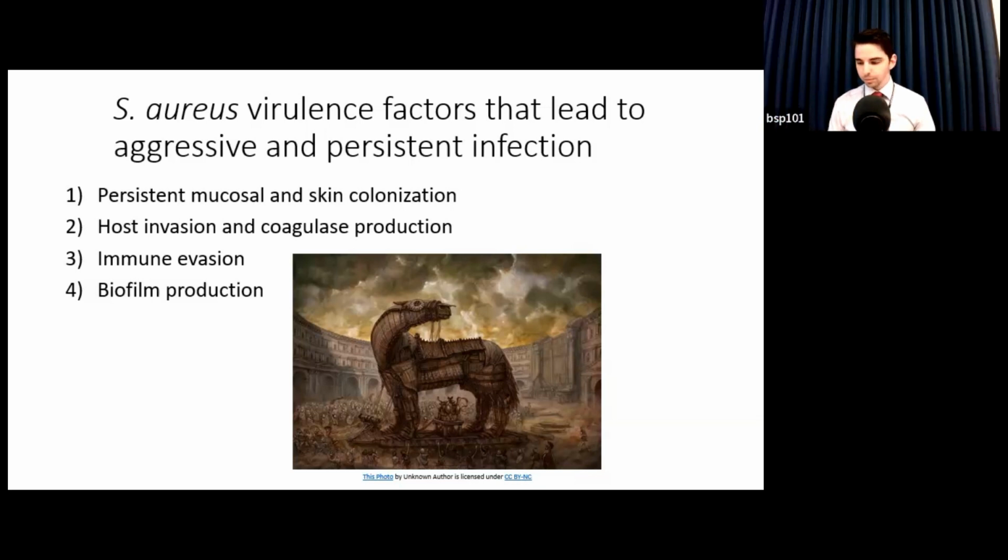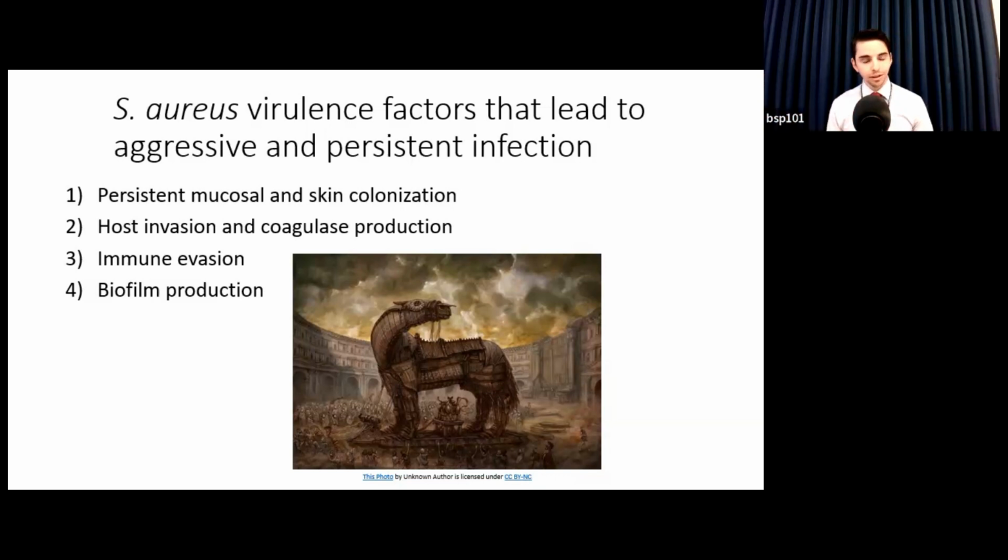And once it enters the bloodstream, it typically travels to the liver first, and it will invade into macrophages in the liver, Kupffer cells. And those macrophages might destroy Staph aureus, or Staph aureus might be able to resist phagocytosis and just sit there in those cells. And if it can enter a monocyte that travels to another location, it can travel undetected to that site where that monocyte is going. And we refer to that as the Trojan horse phenomenon. So that's why I have a picture of a Trojan horse here.